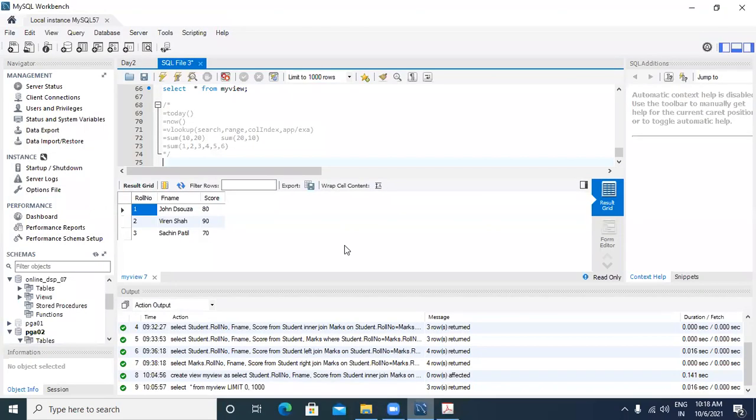It doesn't make sense if I say sum of 10. That's nonsense. What is the meaning of sum of 10? You have to say sum of 10, 20, 30, or some